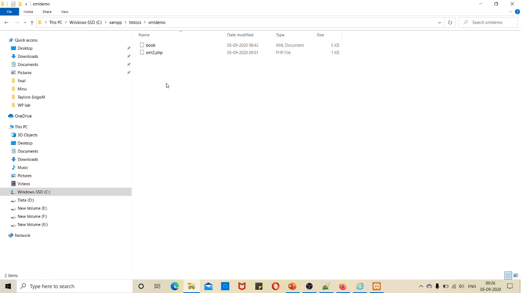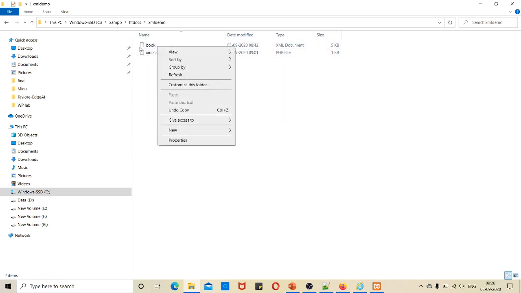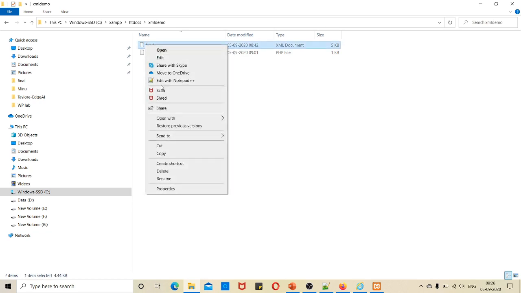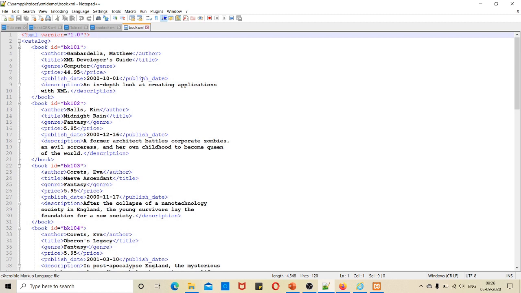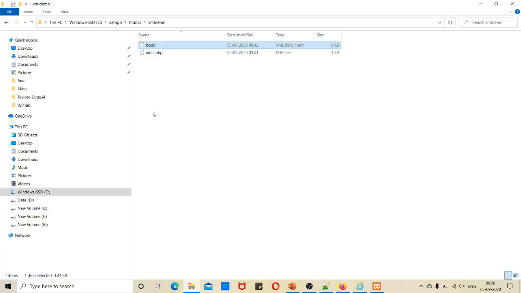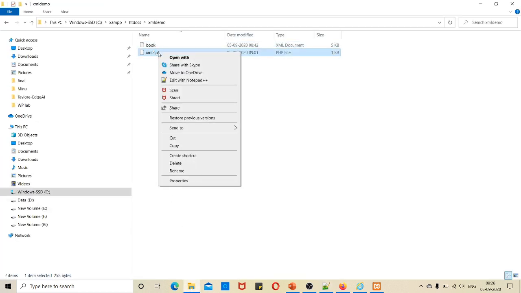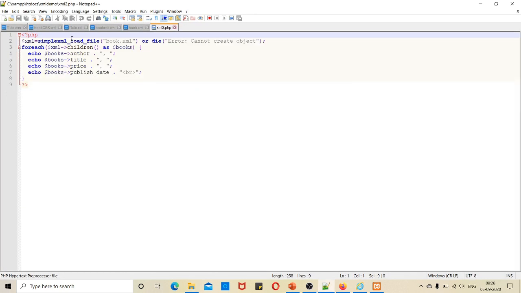Inside this folder I have saved the XML and PHP. Let me open and show you this particular XML. As I said, this is the simple XML, it doesn't have any CSS or XSLT file, and this is the PHP which I explained in the PPT. Everything is in the same folder.